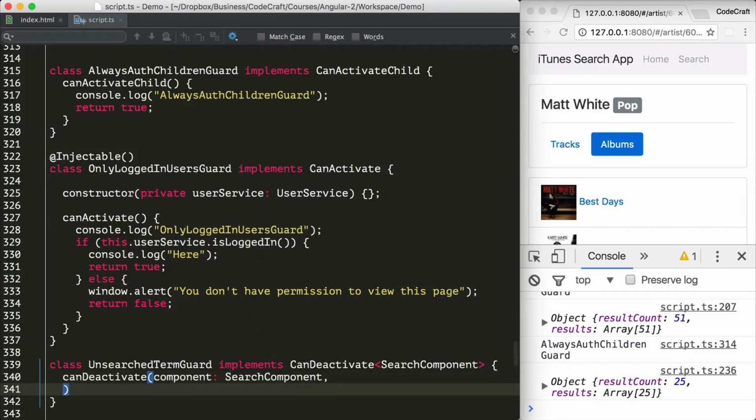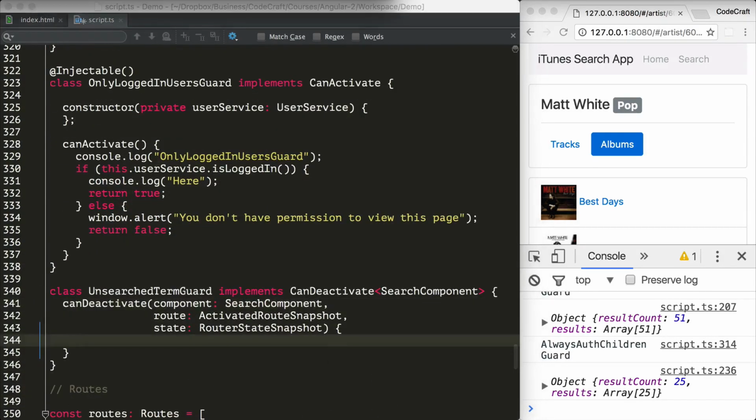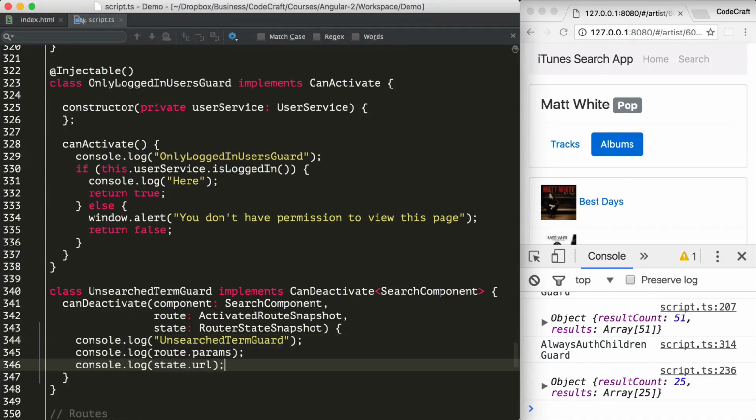Now in addition to that, I also want to get the other parameters, the ActivatedRouteSnapshot and the RouterStateSnapshot. So let me add those in. And for now, I'm just going to log out some useful information to the console. I'm logging out the fact that we're checking to see whether the user passes the UnsearchedTermGuard. I'm also just going to print out the ActivatedRouteSnapshot parameters, and I'm also just going to print out